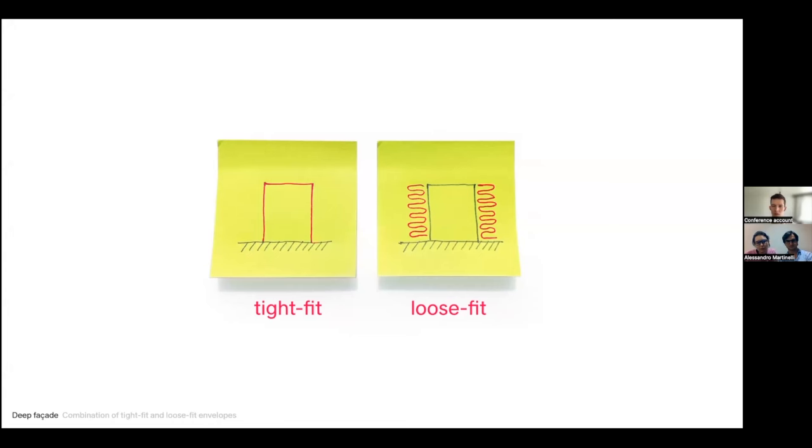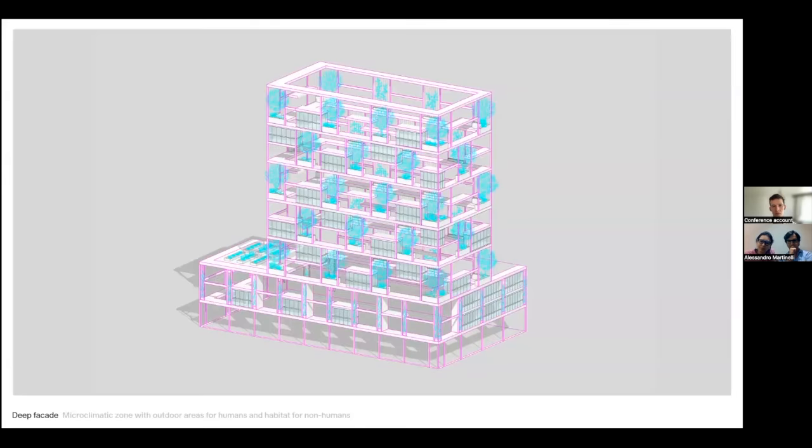We believe not only in housing, but also in other functions, that the outdoor areas in future will be more and more important due to the climate change, due to the fact that people spend more and more time in the interiors. So these transition areas between interior and exterior will be more important. So we combined our tight fit volume with a loose fit volume. And that's in fact a ring of a steel construction around that accommodates terraces, it accommodates winter gardens, but it